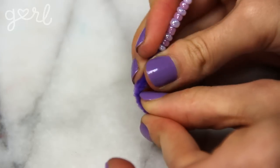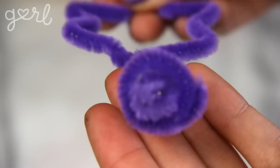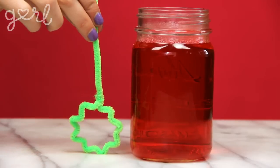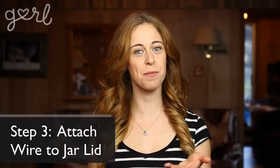To make the bottom of your wand, wind the ending wire into a spiral shape to give you a sizable round base. A good rule of thumb is to see if you can stand the wand up on its own. As you work, size up your wand to the inside of your jar to make sure that it's an appropriate fit. Step 3. Once your wand has been decorated, it's time to attach it to the bottom of your jar's